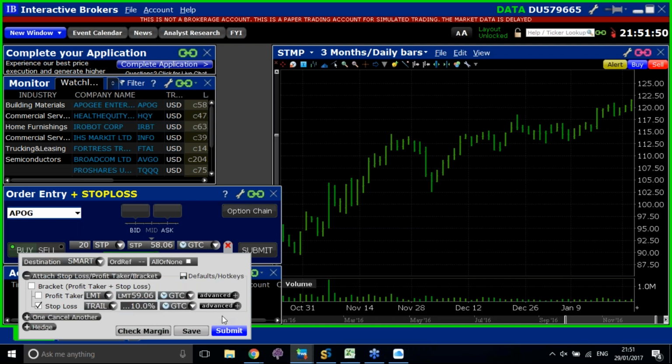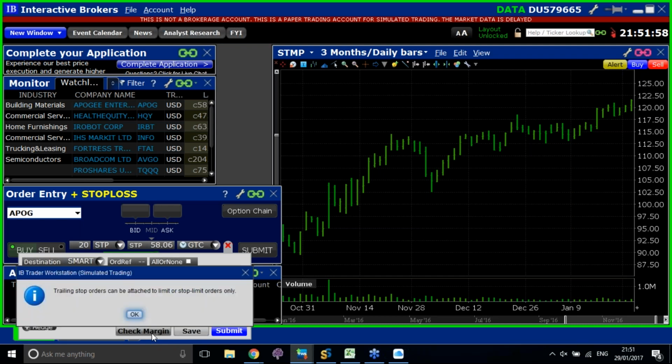That's it. Right, now, check margin, which is also the same as preview. Check margin also does a preview for you, so click check margin. It will probably come up with that message: trailing stop orders can be attached to limit or stop limit orders only. I've got a support call open with IB. For now, we're going to change this to a stop limit order. So if you click OK,